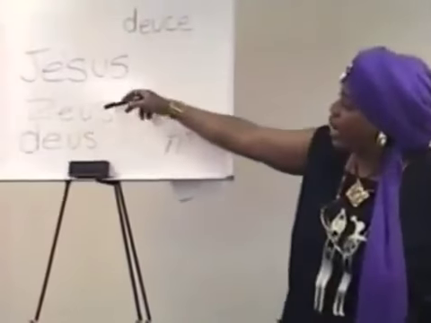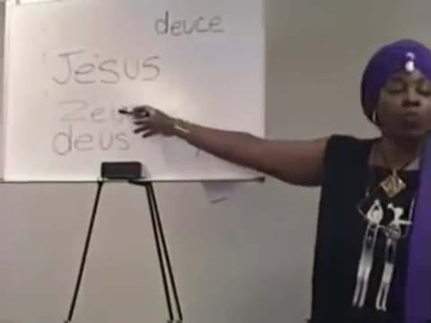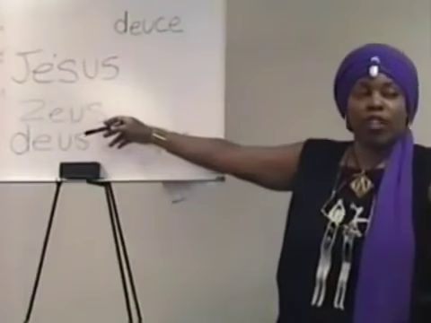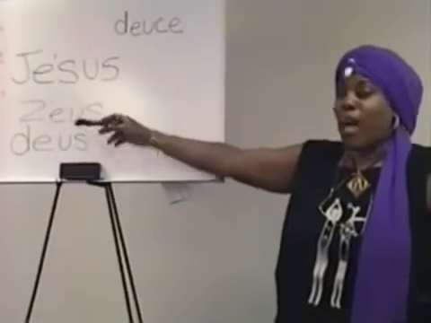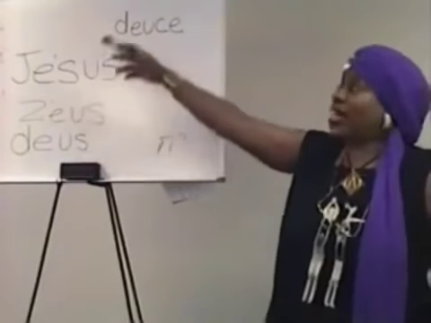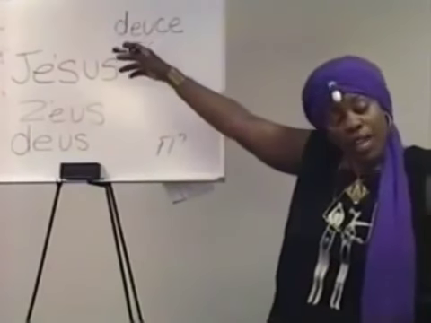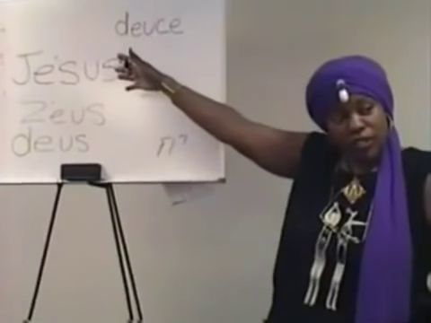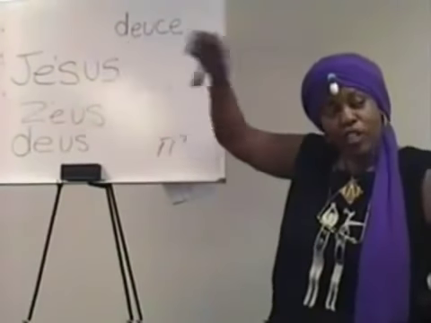But deuce and Zeus are the same word, and D-E-U-S and Z-E-U-S are one and the same word. But D-E-U-S and D-E-U-C-E are also one and the same word. Dice is in there. Deuce, dice. Yeah, but there are two different